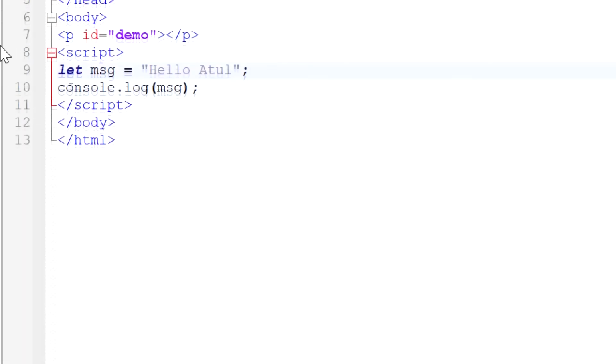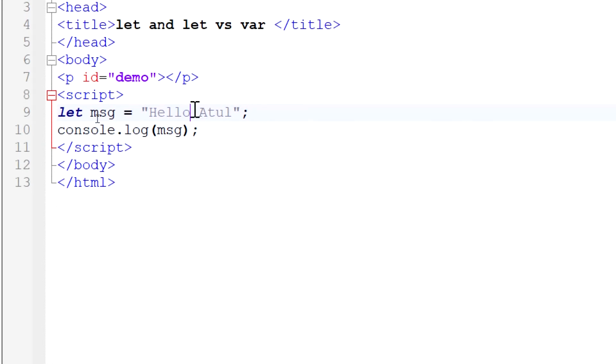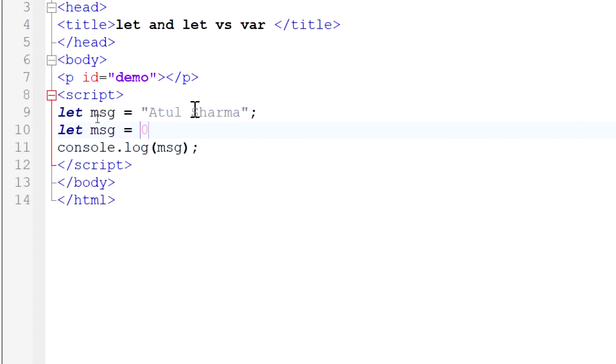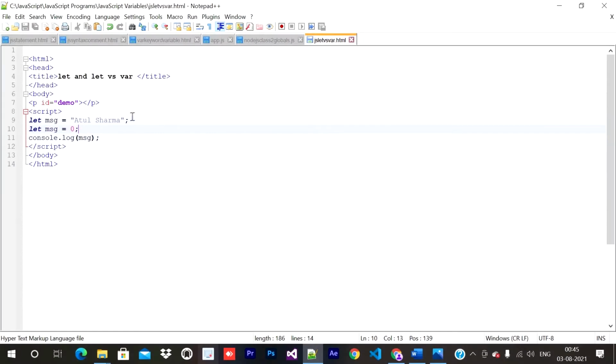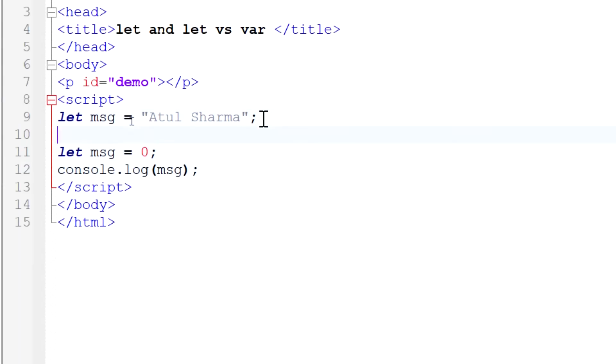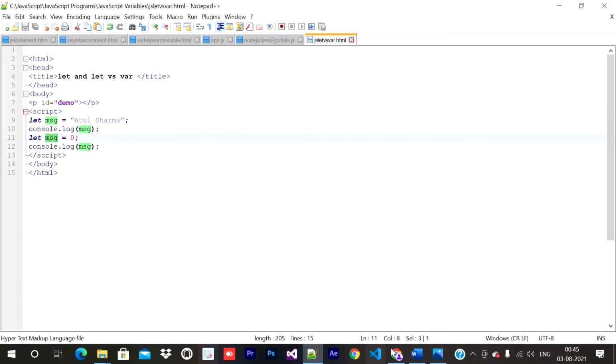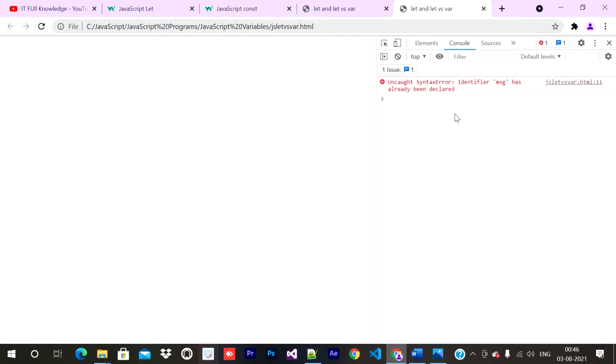If it is accessible, it is allowed. We are just declaring a variable, it is all okay in case of let. But now in this line we are again redeclaring a variable with let. Redeclaring is not allowed in the same scope. So I am just console.log msg. Although there will be an error, I still want to show you. It will show the error before, until we solve the error, the first console.log will not be displayed. So come here, browser, refresh. Uncaught SyntaxError: identifier msg has already been declared.